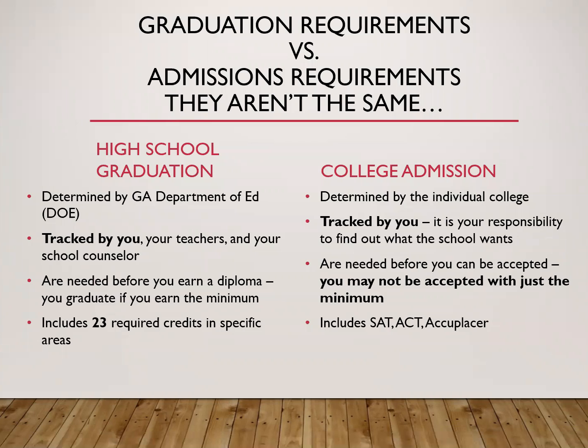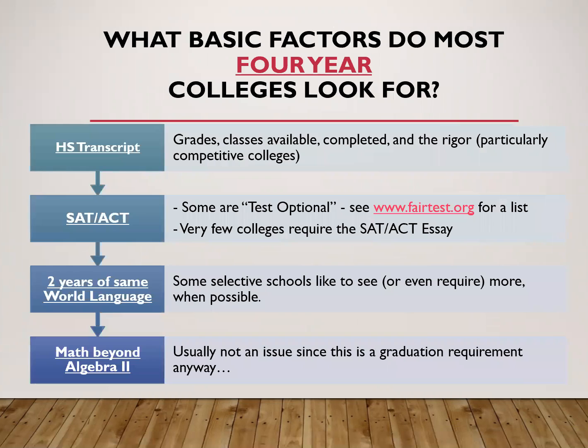So a four-year college is going to require, for example, if you look at the third bullet point there, 2 years of the same world language. But guess what? At Pope and in the state of Georgia, 2 years of the same foreign language is not required for graduation. You have to have 3 credits in Career Tech, Fine Art, or Foreign Language. That's the requirement. But if you want to go to college, you have to have 2 years of the same language. It's very common for people to take 2 years of the same language. But if you don't know that, it could throw you off.